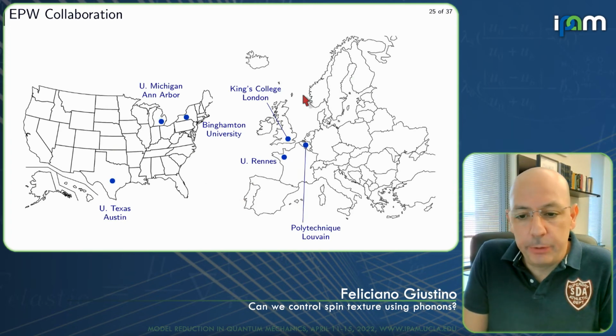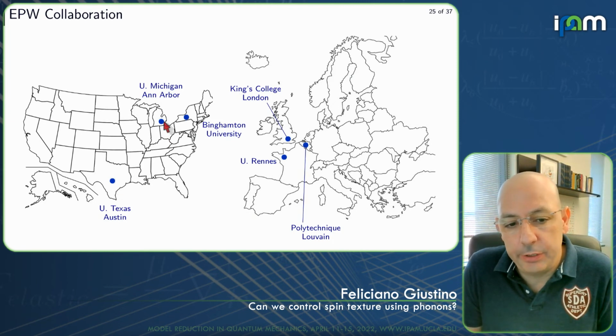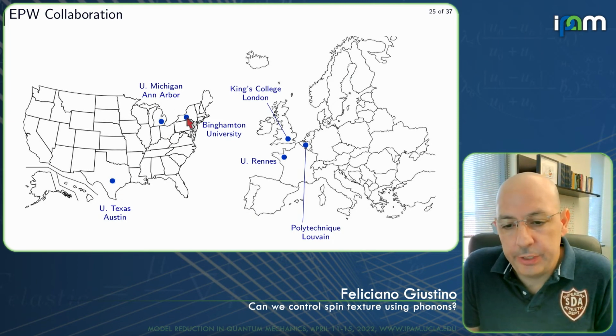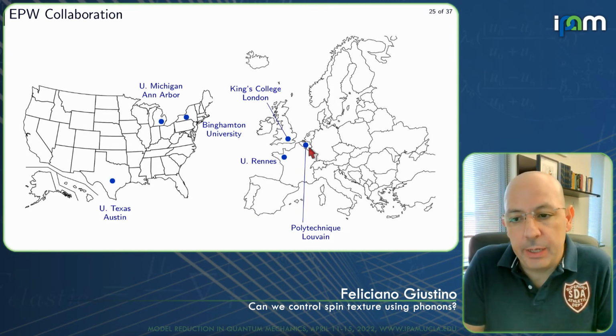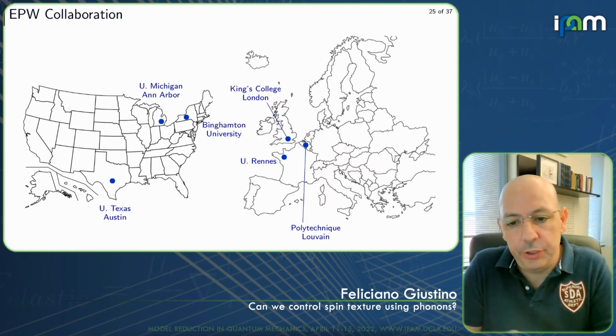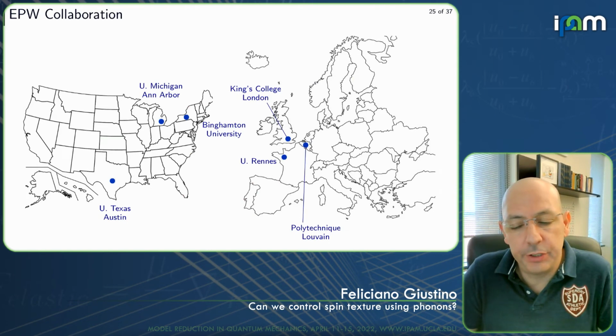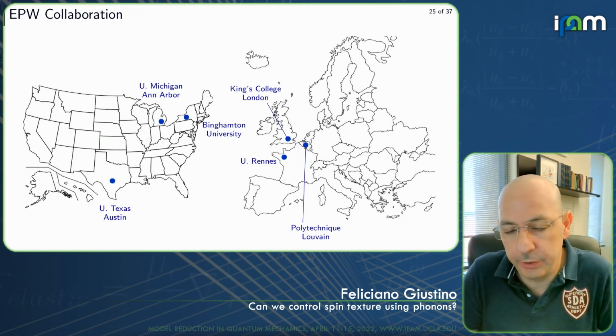So the way the development of this code works is that we are now a few groups working on it. There is us at Austin, the collaborators in Michigan and in New York State, and people in London, in France, and in Belgium. So now this is really becoming something that goes beyond our group, and each of these partners is really focusing on one specific aspect of electron-phonon physics and trying to develop specific modules of this